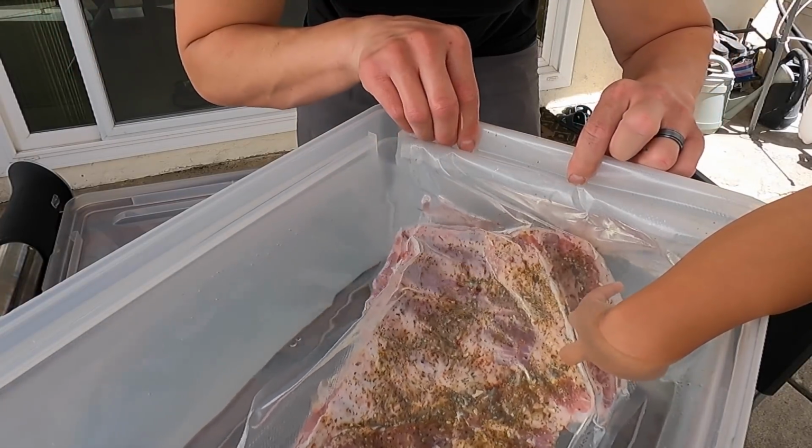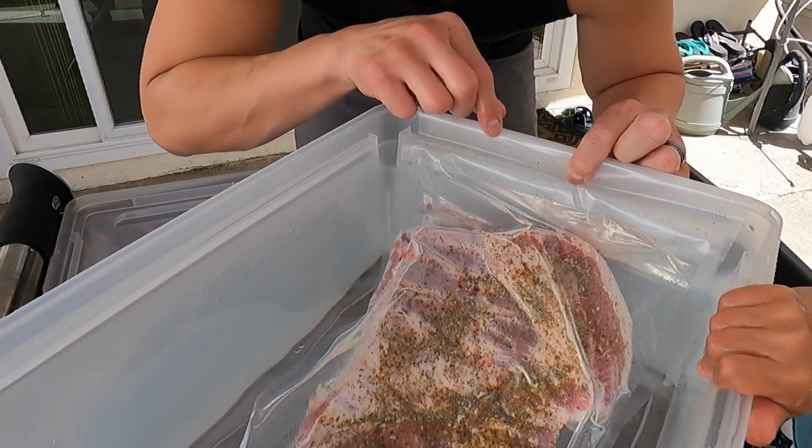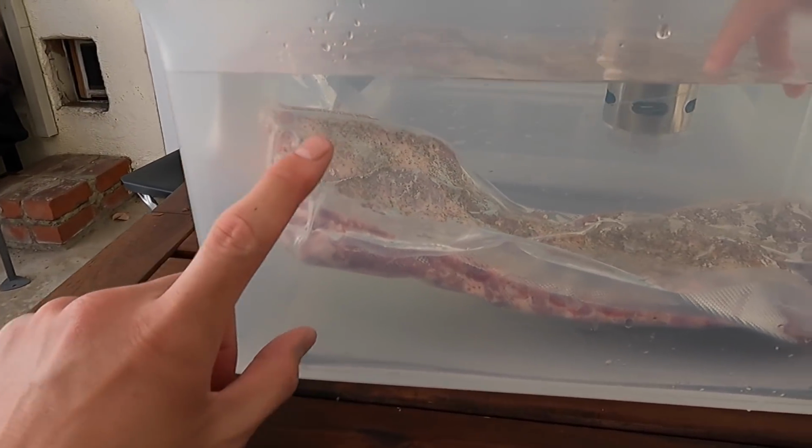I'm just gonna take a paper clip right here and just paper clip it and call it a day. What are you waiting for? The water to get hot. We have it set up here outside. As you can see here,